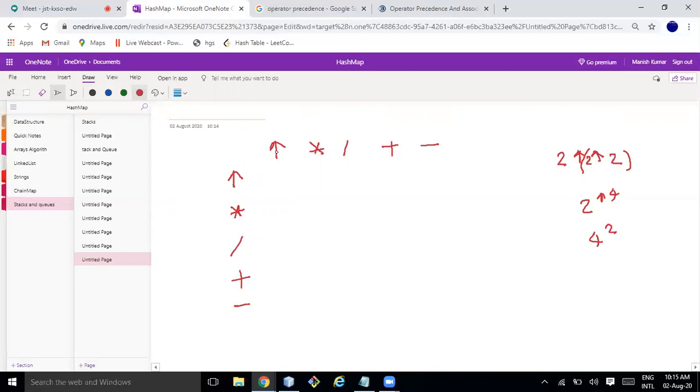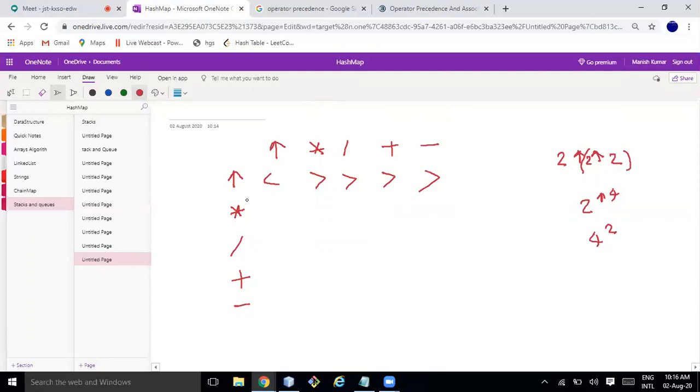Which has higher precedence among these? This is right, then this one has less precedence, right? This one has less precedence compared to this. What about this one and this one? This one has higher precedence. Again, this one has higher precedence.